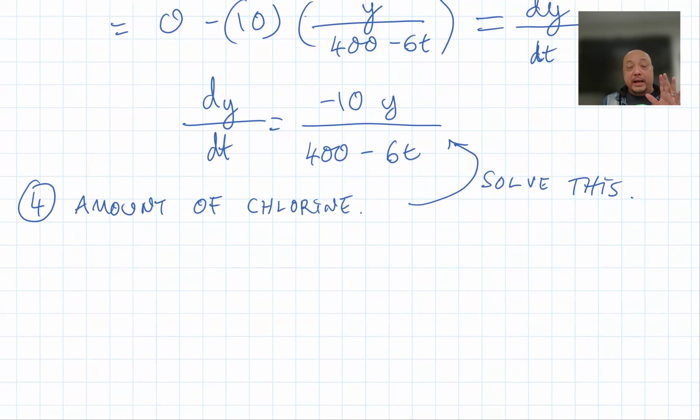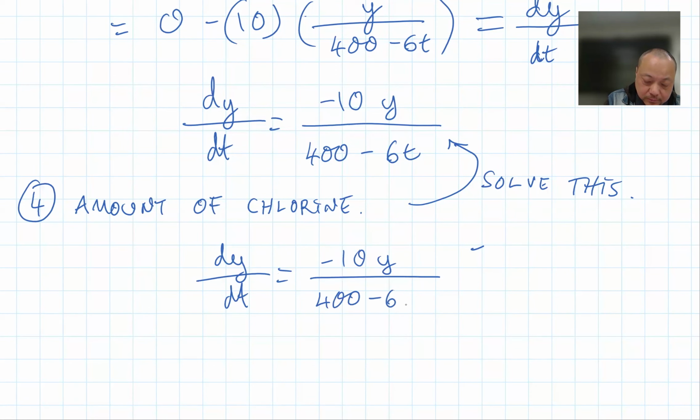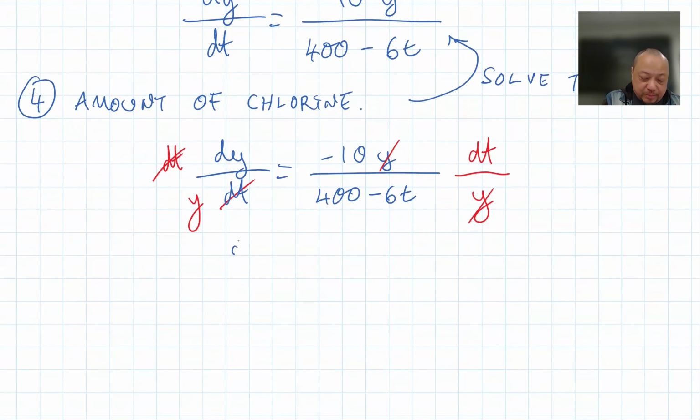All right, I look at this and I recognize that it's a separable equation. It's separable because I can multiply and divide things in such a way that all the y's are on one side times dy and all the t's on the other side times dt. Specifically, if I divide by y, then y will go over there. And if I multiply by dt, then dt will go over there. Like this. I divide both sides by y. Then these y's cancel. I multiply both sides by dt. Then these dt cancel. My equation becomes